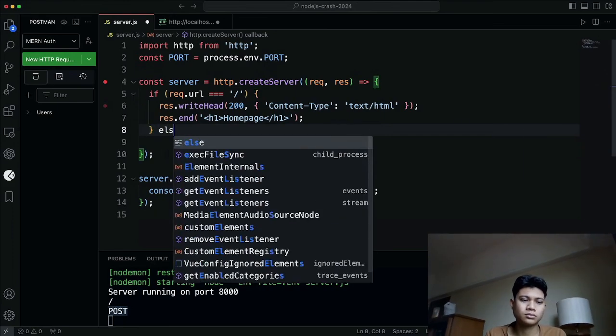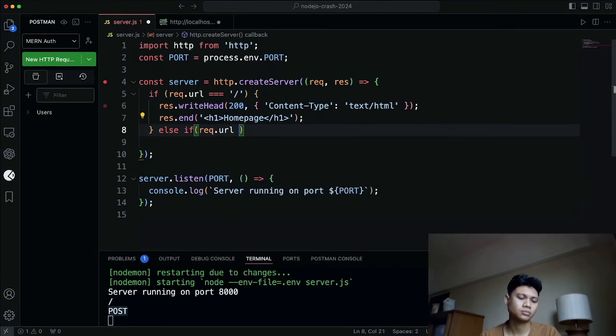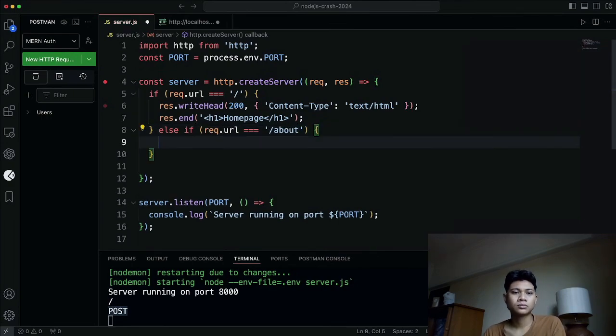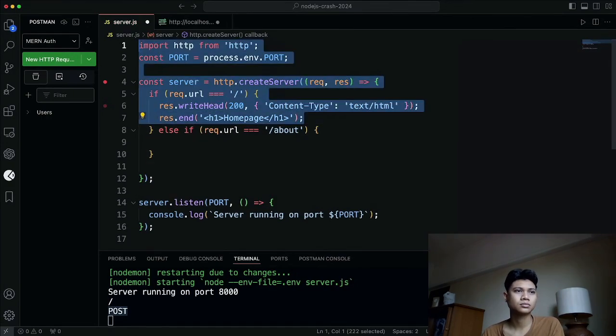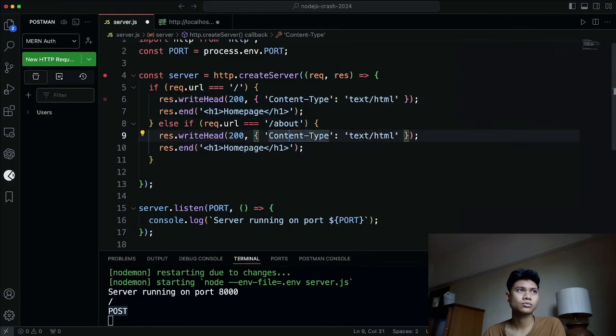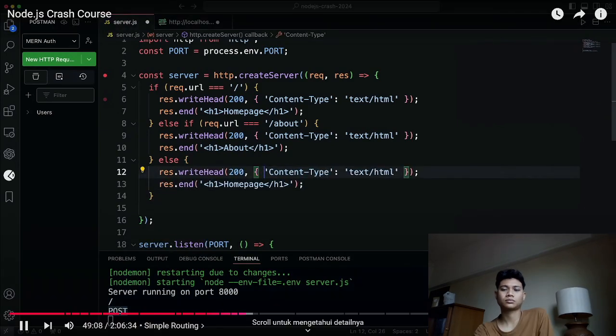And then let's say else if, and then we'll check request.url, and we'll do an API after. We'll do some JSON stuff after. So let's say if it's about, then we'll copy this stuff here, put that in there, and instead of homepage, we'll say about. And then let's say else, so any other page, then we want it to be not found. So I'll paste this in, and we'll do a 404,